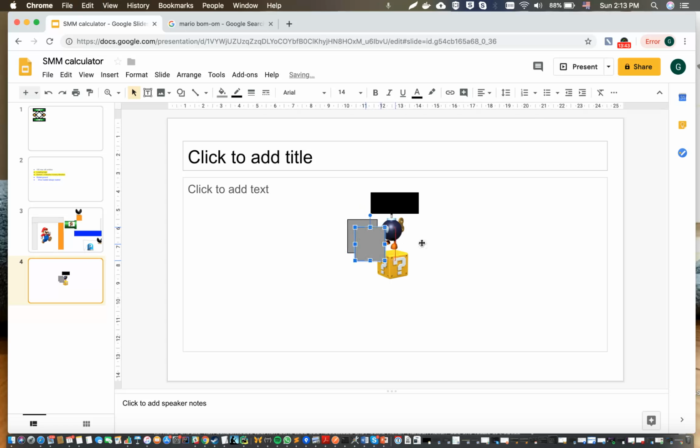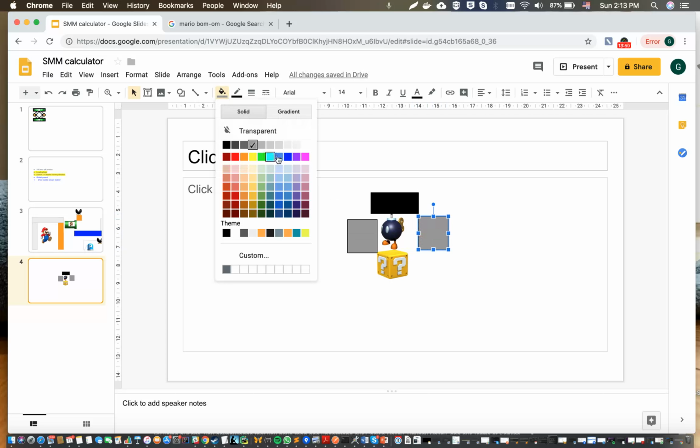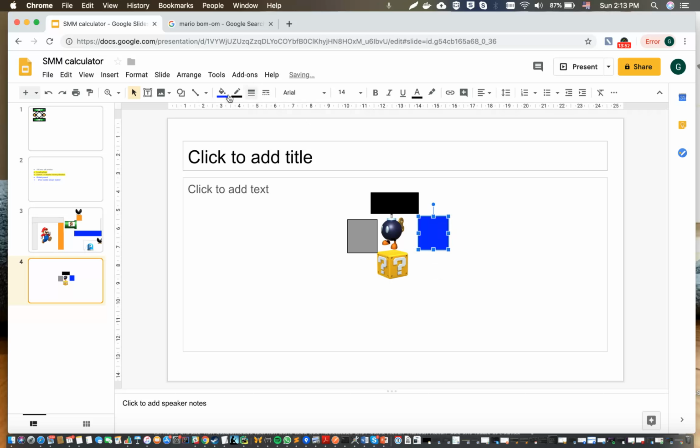Control C, Control V, breakable blocks here. Any type of block I can break. And then this is where things get fun. Control V, and then we're just gonna use this blue platform. So let's say for the calculator, Mario wants to hit the block 1. Then